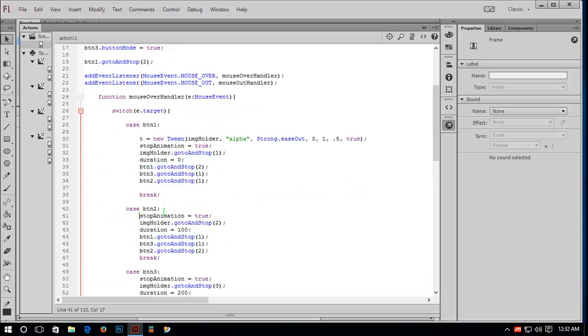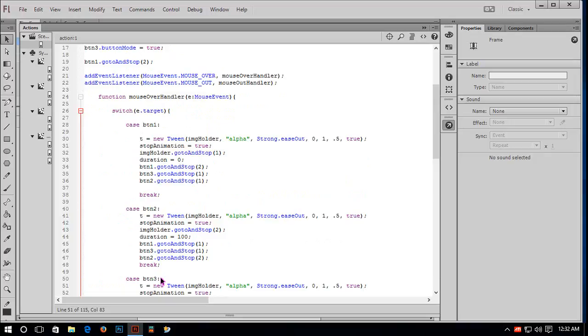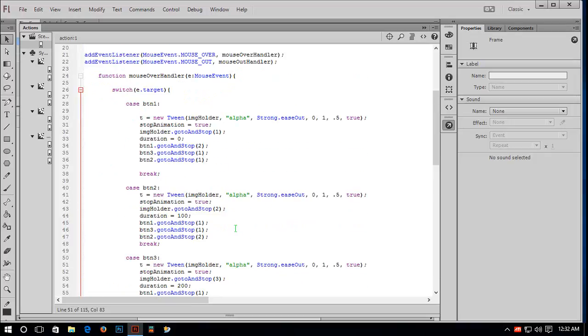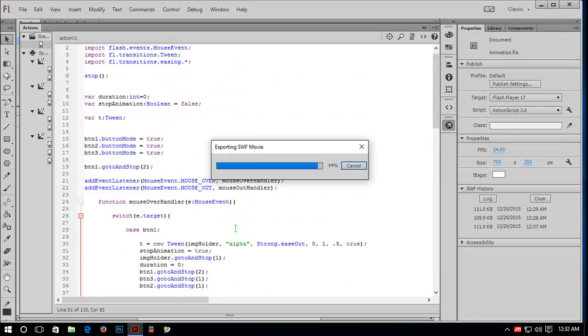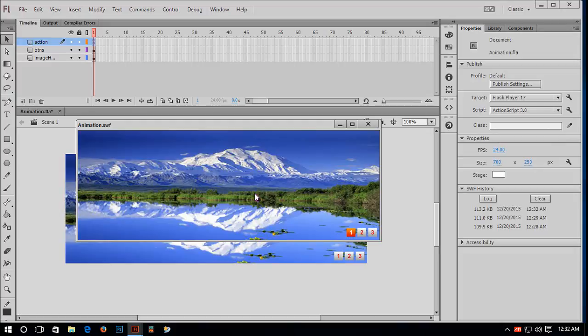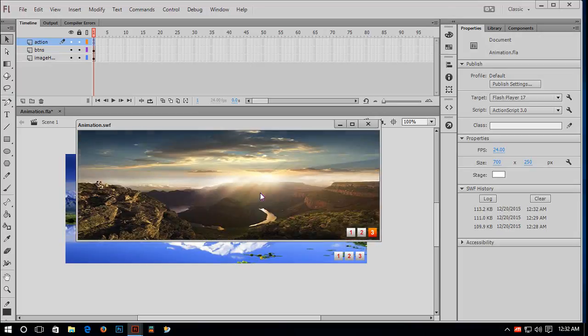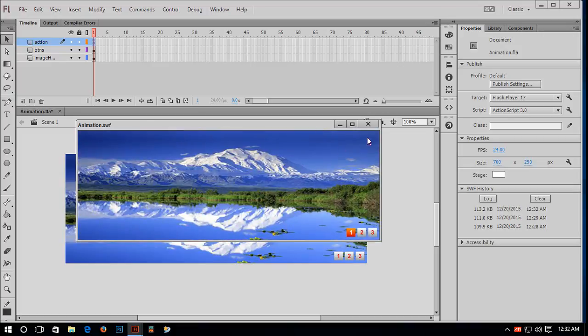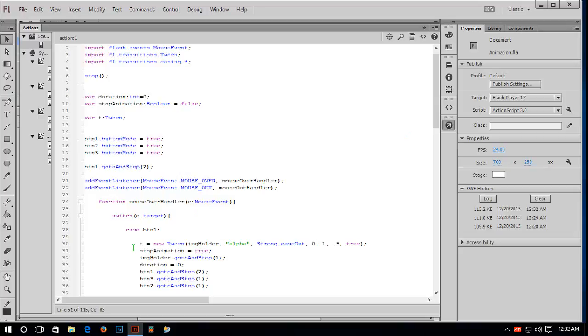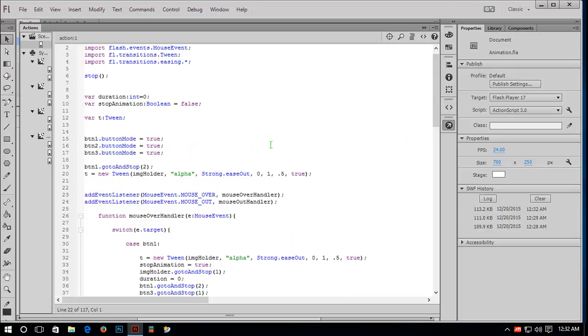Paste here for button 2, paste, and if I test it now, it's working, but when this animation starts, it doesn't tween my first image. So copy this and paste it here. Now if I test it,